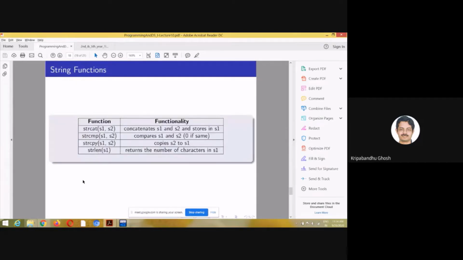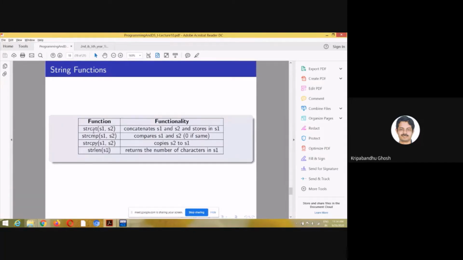Okay, so let's talk about some important string functions: strcat, strcmp, strcpy, and strlen. So strlen you already know. It's the number of characters in S1. S1 is a string. In Python you can use plus to concatenate two strings.